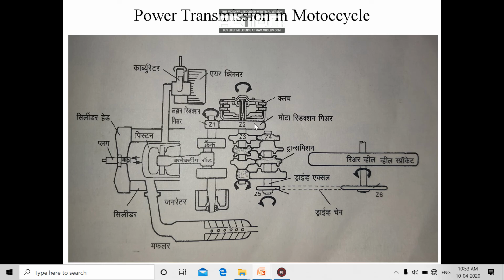It is normally communicating with your Z2 gear. Okay, so I'm not going into detail on how exactly the kickstart arrangement is connected. We will see that next, but for the sake of time we should know at which location exactly our manual kick starting system is supposed to assist the power, and at which location our power starting system is supposed to assist the engine for cranking purposes.